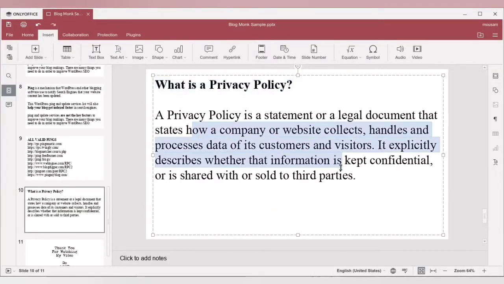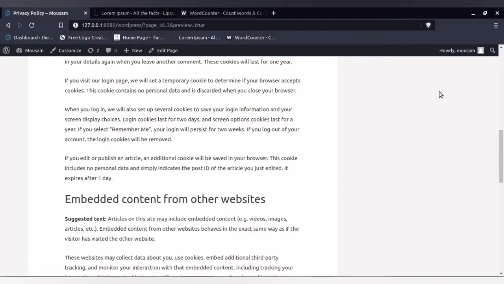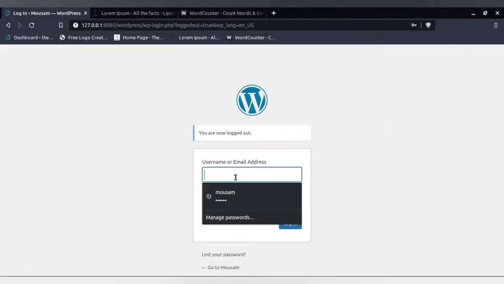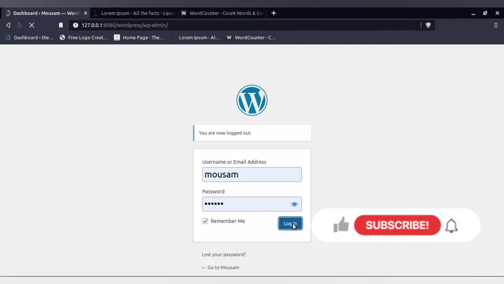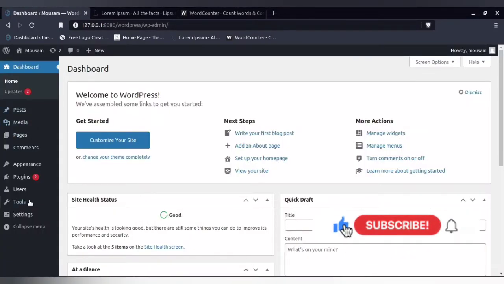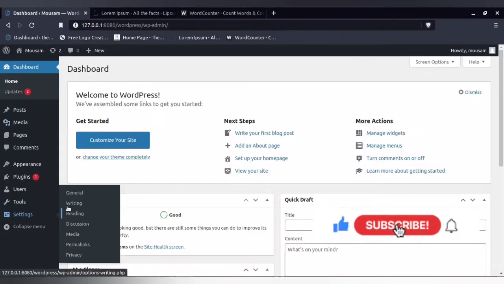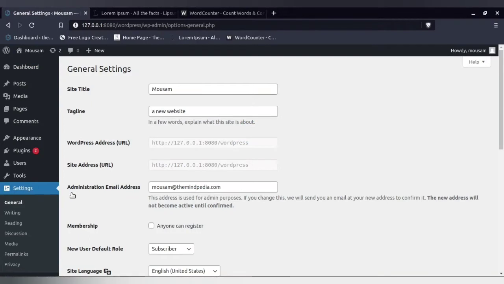So let's start. First of all, you need to log in. Once you log into WordPress, you will find the settings on the left hand side. By default, it will have general, writing, reading, discussion, media, permalinks and privacy. These are the options which will be present to you. So let's start with the first, which is the general. In the general, the first is the site title, that is the name of the website. Now when you install WordPress, you already have to give the site title and the site tagline, but you can also change it later on.